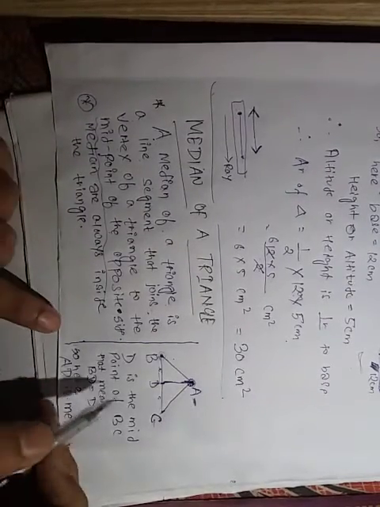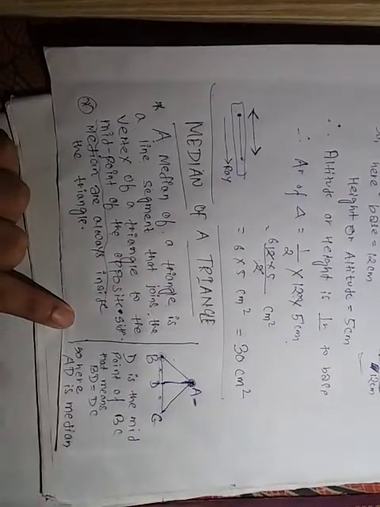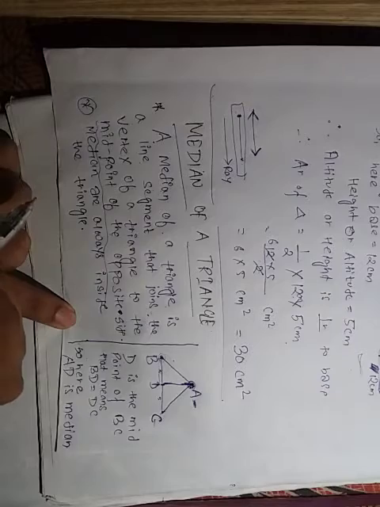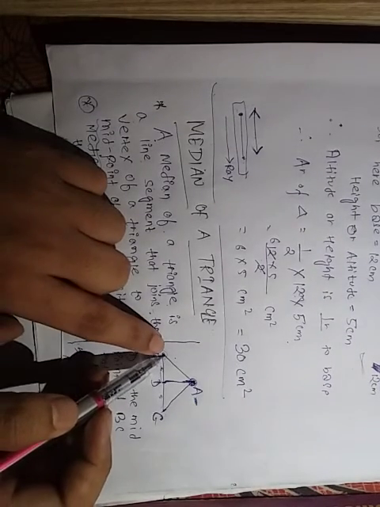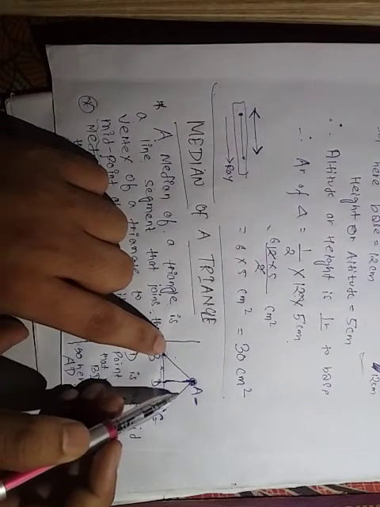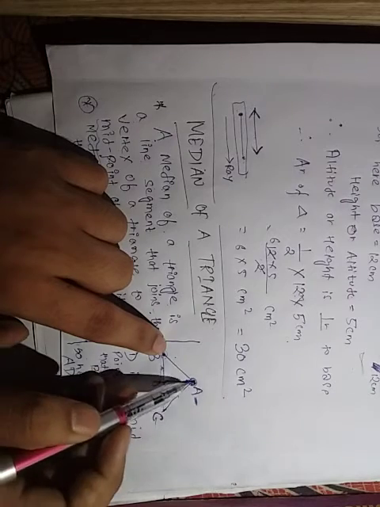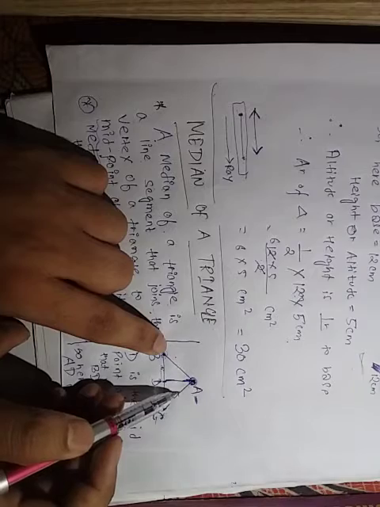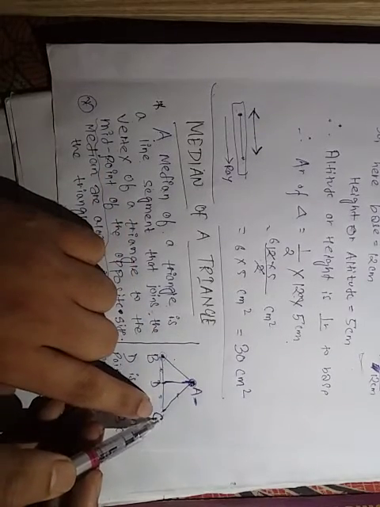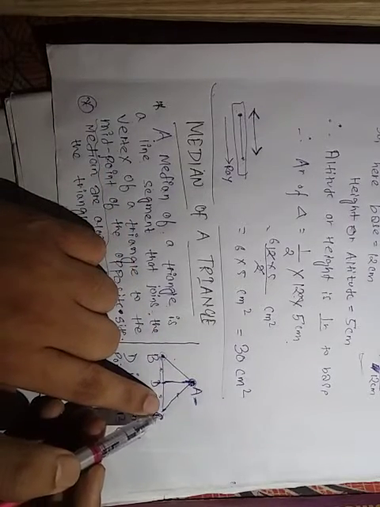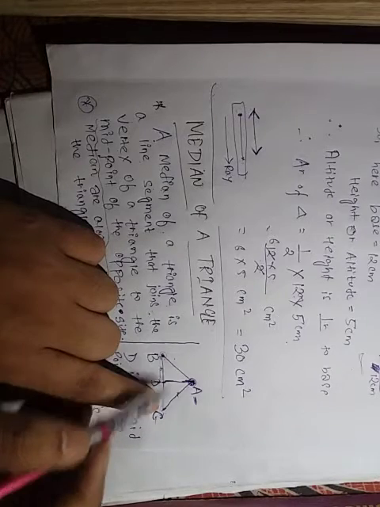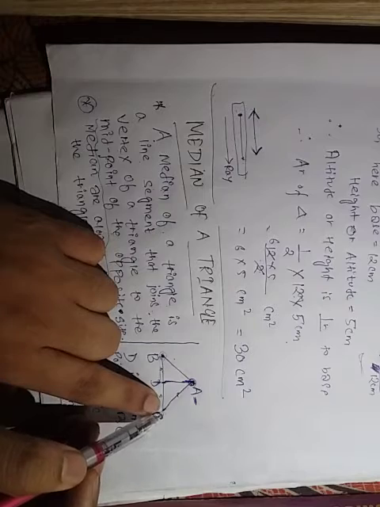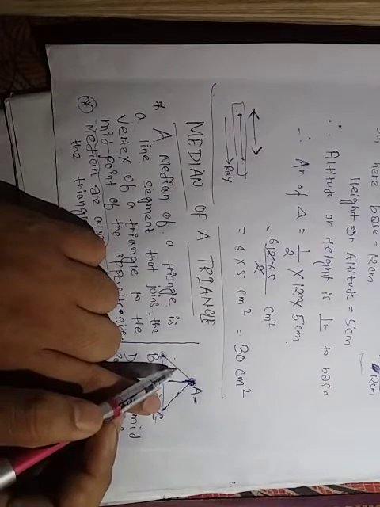Now see here, AD is a median, we know it. Now from B also we can draw a median. Okay, that means from vertex B the line segment that joins the midpoint of AC to B, that will be also a median. Again one more vertex is there. So if we draw a line segment from vertex C to the opposite side of vertex C, what will be the opposite side? AB. So if we join the vertex C with the midpoint of AB, then that will be